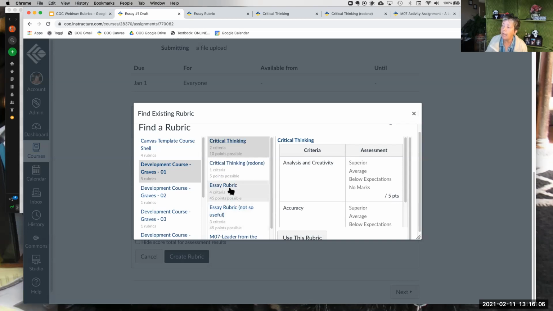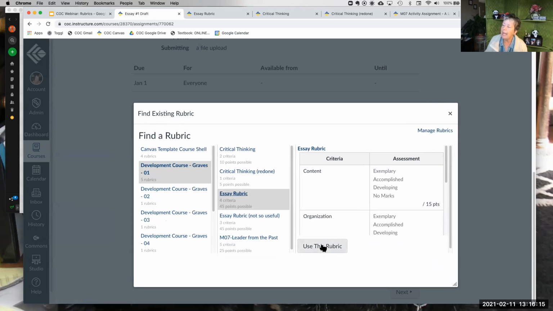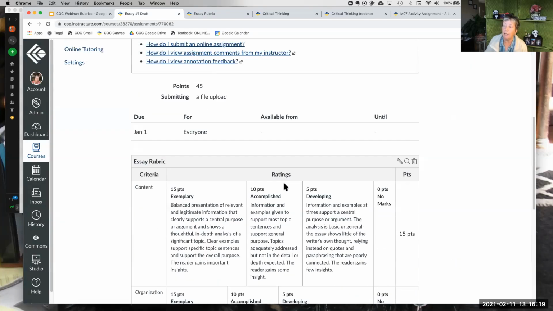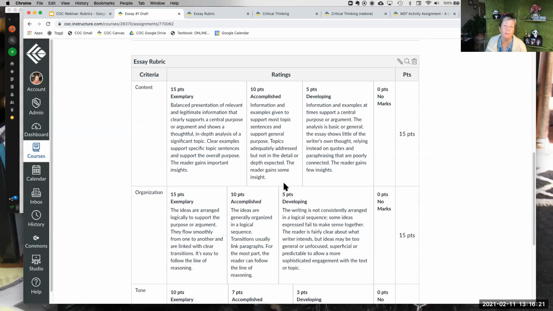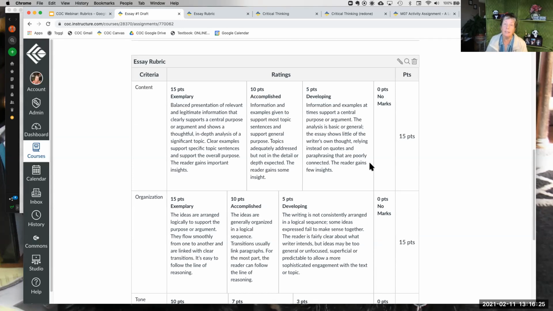And I can now say, I want the essay rubric. I'll click it. It'll target the rubric and show it to me over here. I can make this bigger if I want. And then if I click the use rubric, when I go back to that assignment, the rubric has been popped in for me. That's all I have to do. It's really very nifty. And as I said, you can use it to even find a rubric that might be living in a different one of your course shells and bring it over.